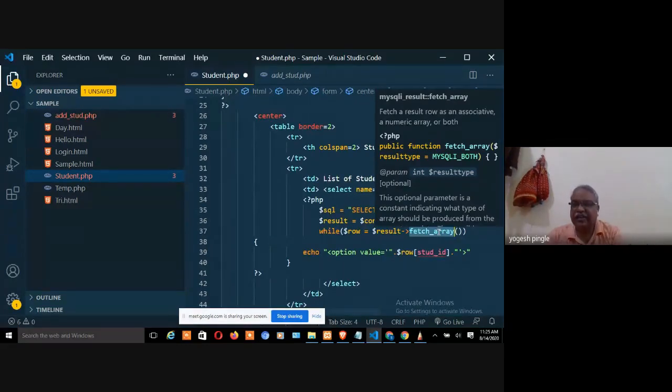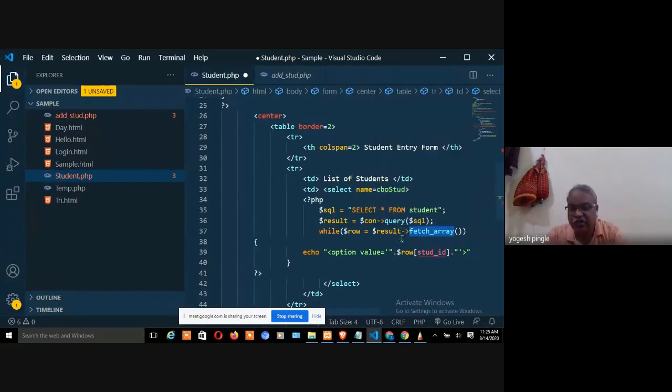You are fetching it like an array. Why array? Because you get multiple values of records in one table, not database, one table, inside that records are there, right? So fetch array is going to fetch the number of records, which are brought by the result and pointed to by the row.